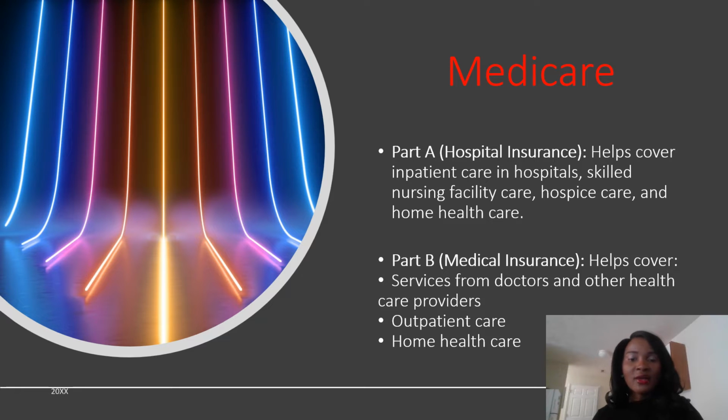Let's talk about coverage. So Part A, which most people are familiar with, is hospital insurance, meaning that it helps cover inpatient care. Say, for example, mom has a wound and she needs wound care, or she broke a hip and she's hospitalized. It will cover the cost for the hospitalization and skilled nursing services. So in Part 1, I mentioned the skilled nursing services, which can be termed as home care services that Medicare covers, and these are services such as someone may come in the home within